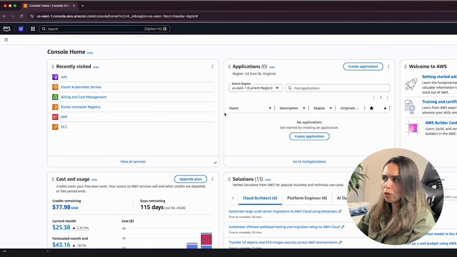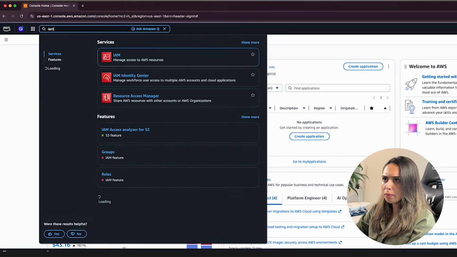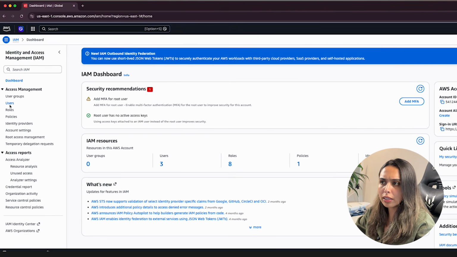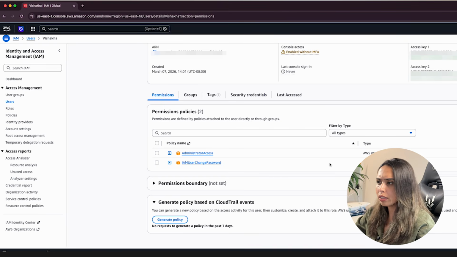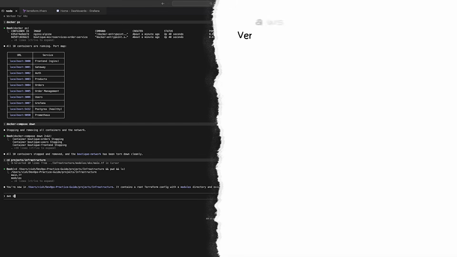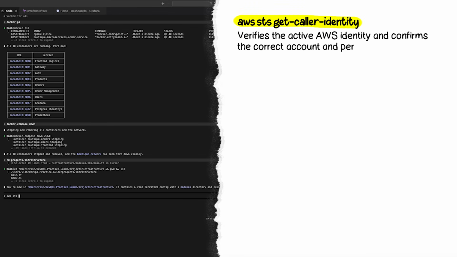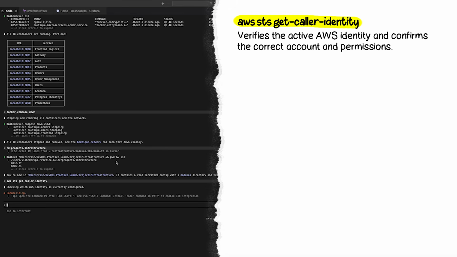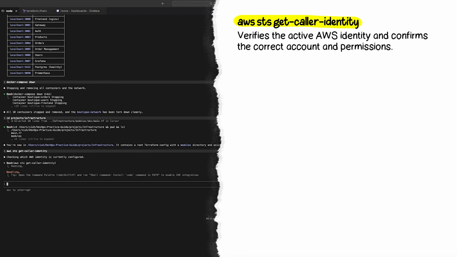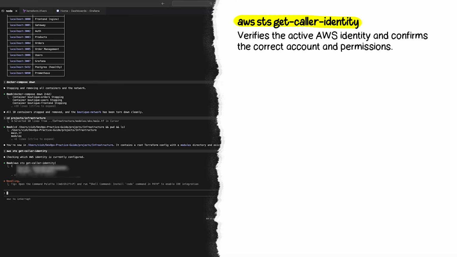So when you go to your console, if you go to IAM, you can go to users, and there you can have different users and you can show different permissions, and then you can get the security credentials from here. Once that's done, you can run AWS STS get. So once we run that command, it will verify if we have the right credentials to make all the API calls within the AWS environment. And this is a prereq. You have to run this and make sure all the credentials are set before you proceed with the next steps